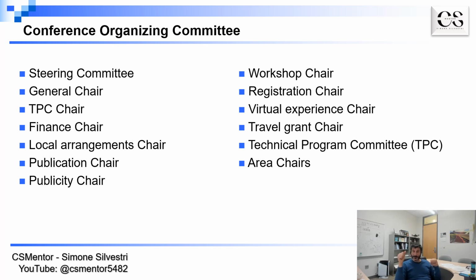And then there is the technical program committee, which is a large group of people that are actually responsible for the reviews. Depending on the size of the conference, this can go from a few tens of people up to hundreds in the case of large conferences in which you need a lot of reviews for each paper. And some conferences, especially the very large ones, also have area chairs, who sit between the TPC chairs and the technical program committee and are responsible for supervising a specific area of expertise where the papers have been submitted.